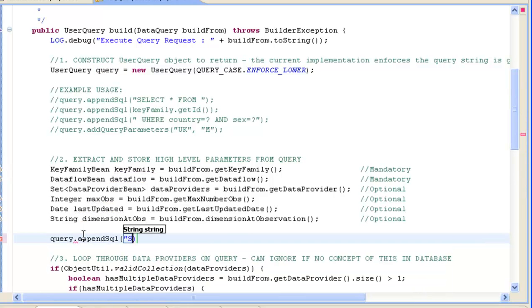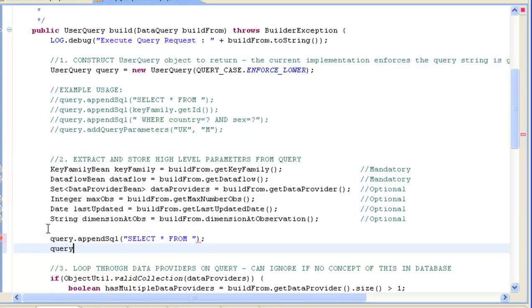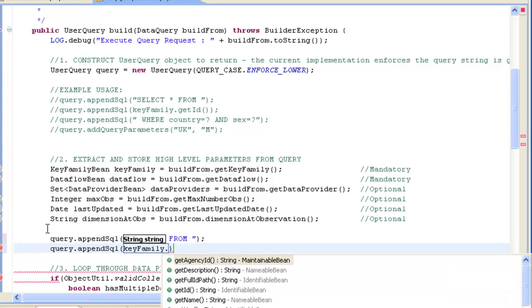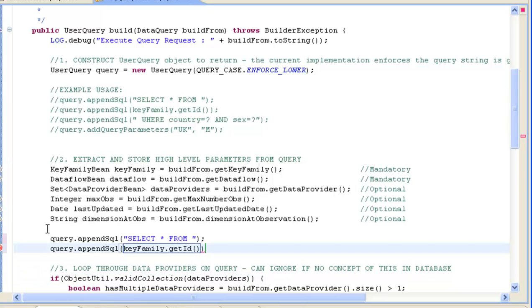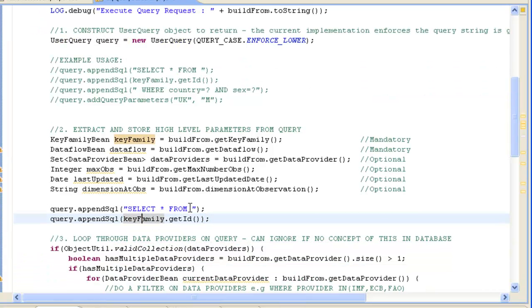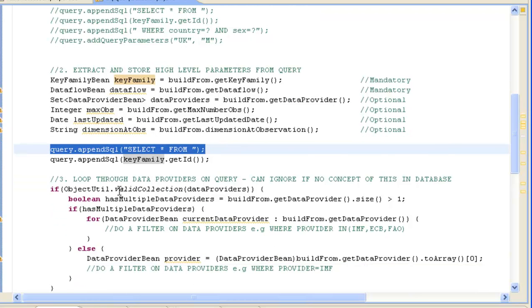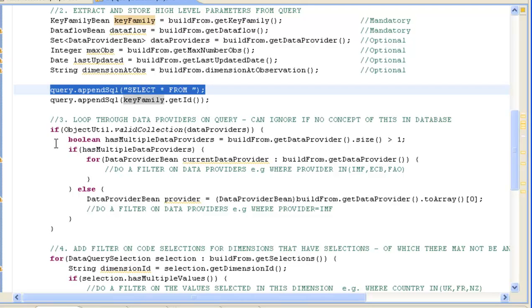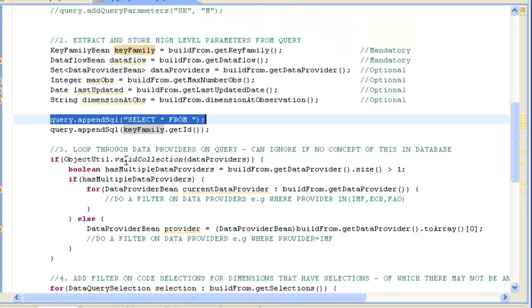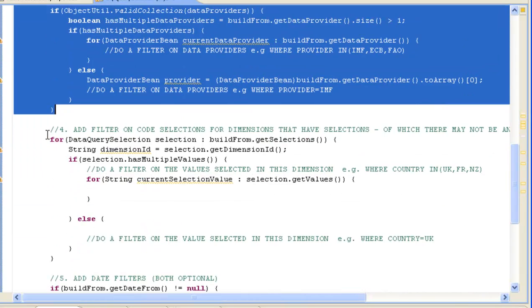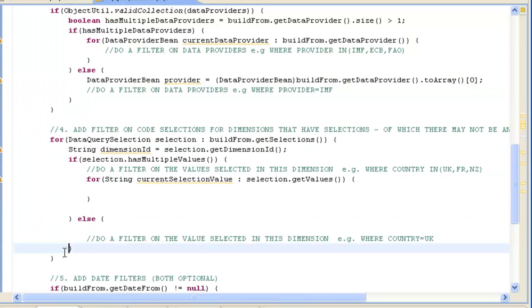So you can append SQL like this, select all from, and then you can append more SQL. Maybe this is the table name, your key family ID. Key family is the same thing as a data structure definition. So select all from BISEER, whatever the key family ID is, and then you can put where statements in. And this class here has all the loops through the data query. It loops through the data providers, it loops through the selections the user's made, but it doesn't do anything with